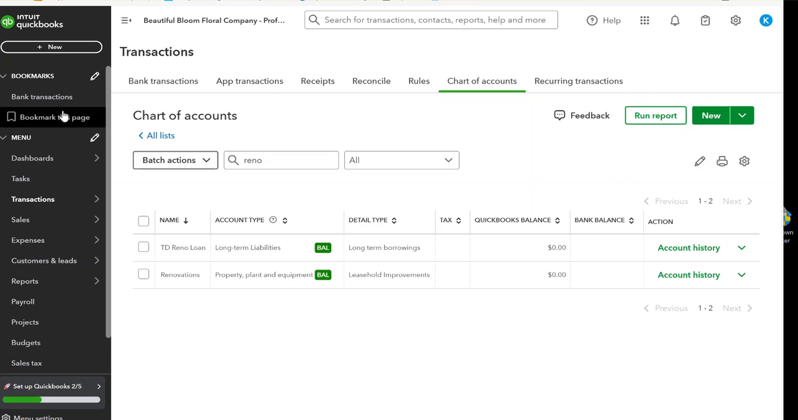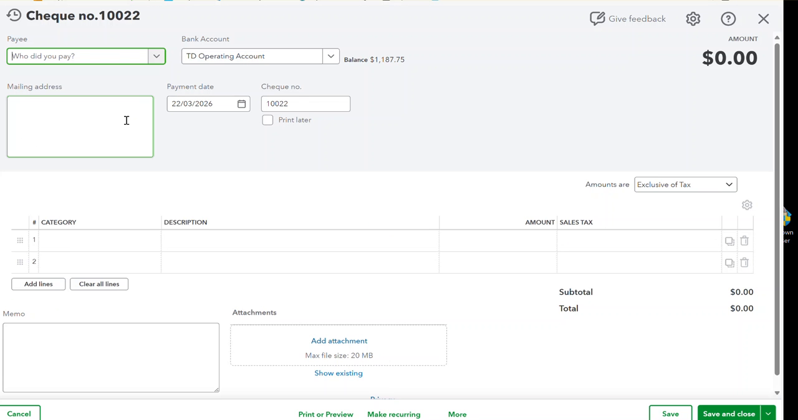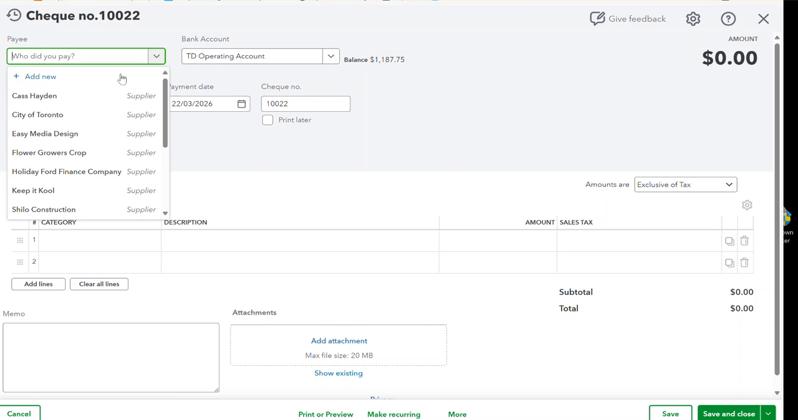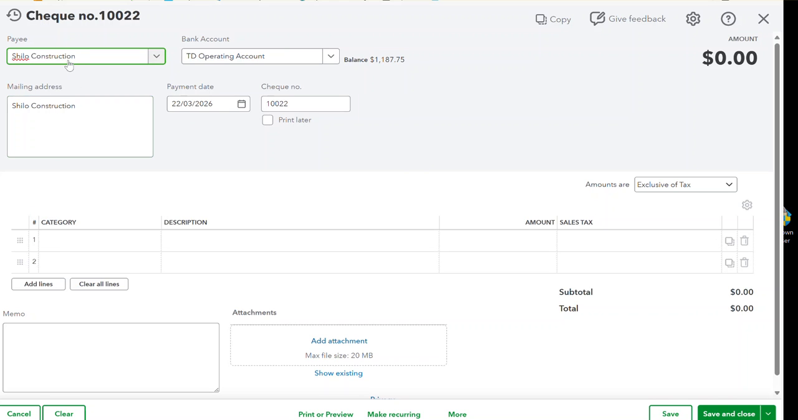So that's what you're going to do: click on New, and from there you're going to do a check. Again, you'll be creating the new supplier. If you create a new supplier, you have to add it, but I already have the supplier. It is called Solo Construction. That's what it is. And the date of this check, I am looking as we go, it is the